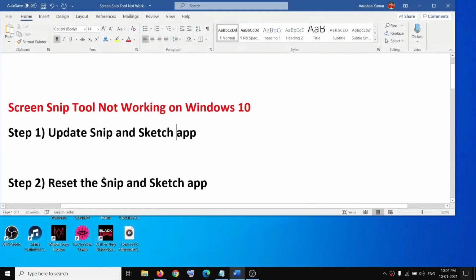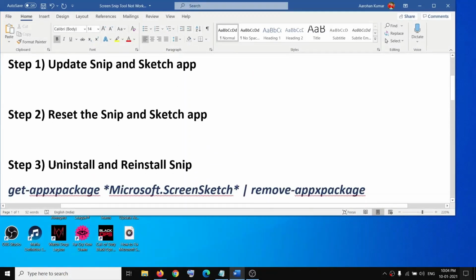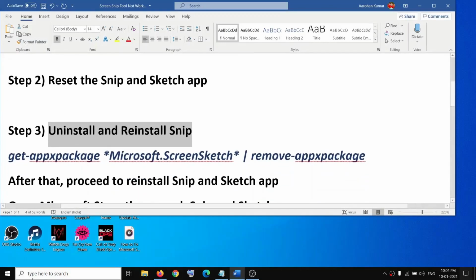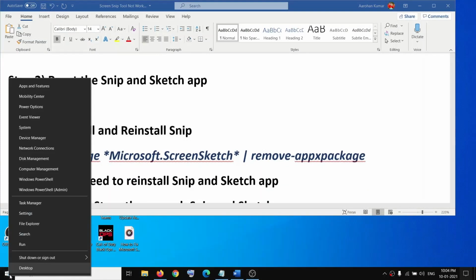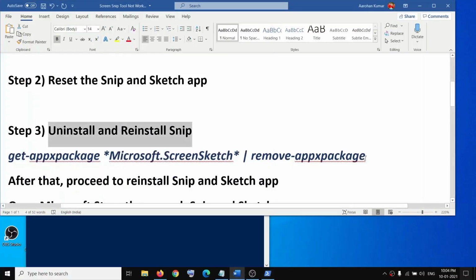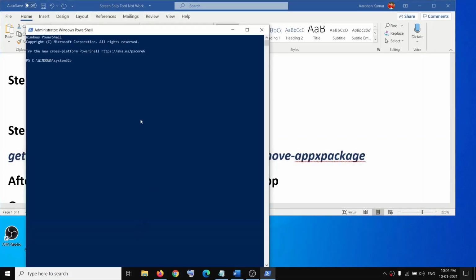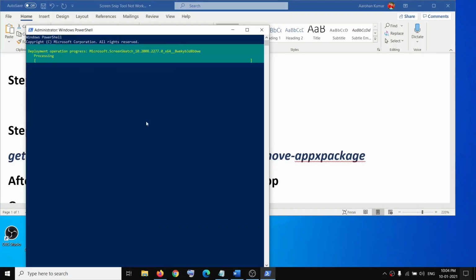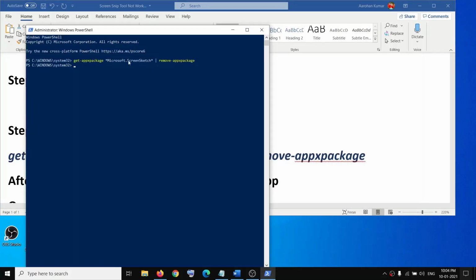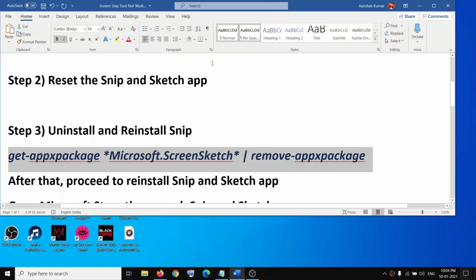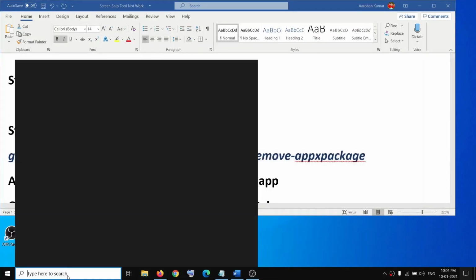Now if you are still facing the problem, then you can go ahead and uninstall and reinstall the Snip and Sketch app. To uninstall it, right-click on the start menu and then click on Windows PowerShell (Admin). Make sure that you're running this Windows PowerShell as an admin. Click on it, click on yes to allow, and then copy this command. This command is provided in the video description. Copy this, paste it in the PowerShell window, and hit the enter key. This will uninstall the Snip and Sketch app on your computer, and once this is done, open Store once again,